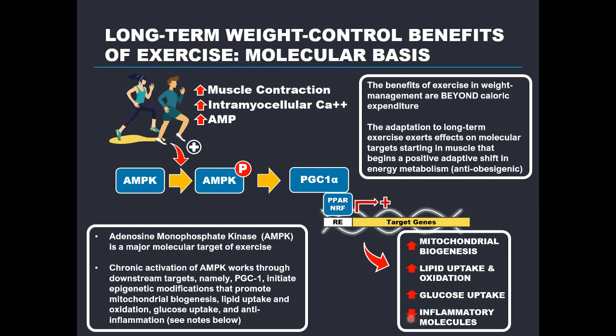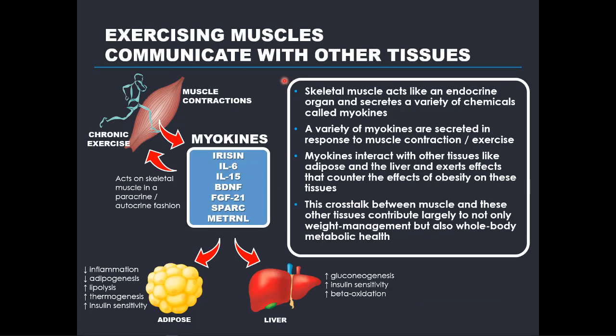Now, as you can see, all these specific effects of exercise through this AMPK PGC1 alpha mechanism are all in favor of long-term weight control and anti-obesity. These are the long-term benefits of exercise as it relates to weight loss or weight loss control. Now, we see that exercise has all these long-term benefits to the muscle, which can overall affect whole body fuel